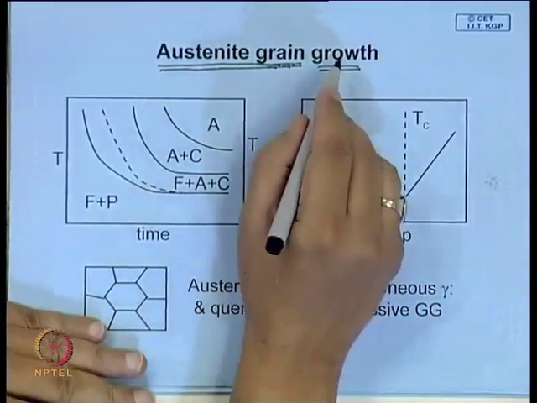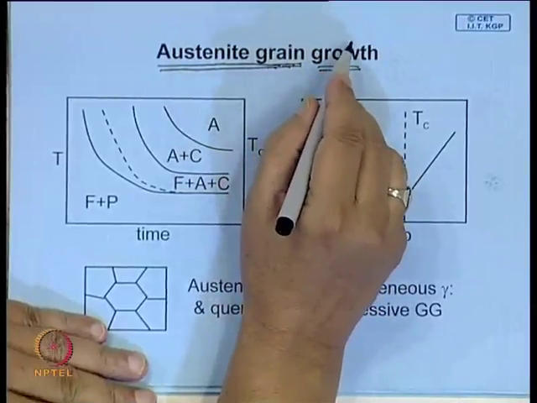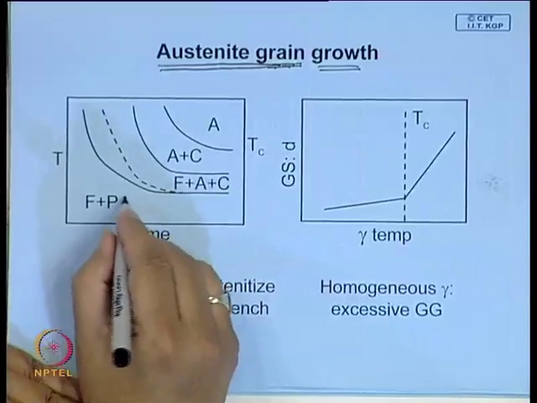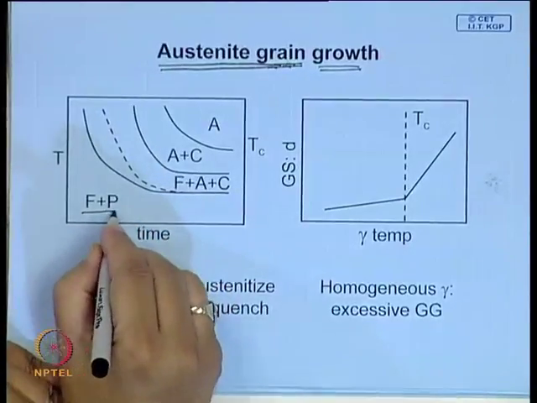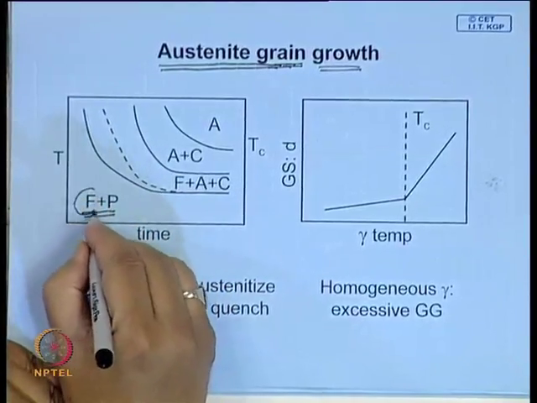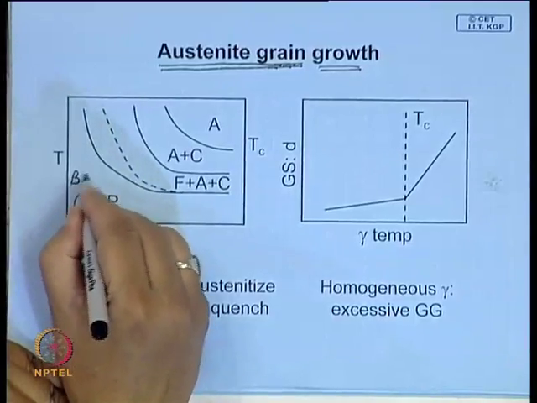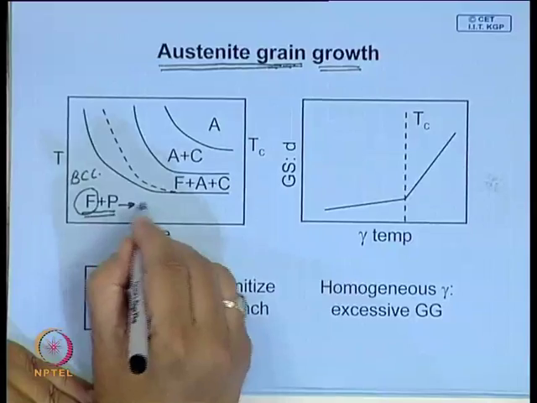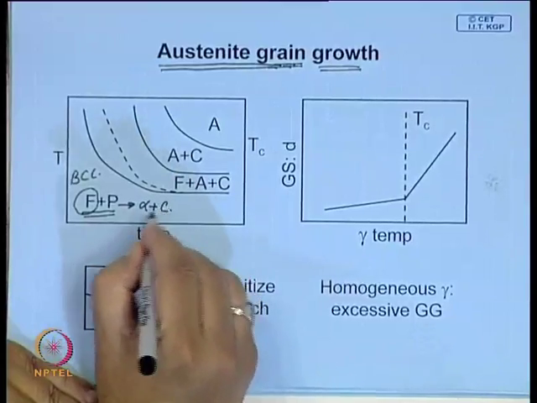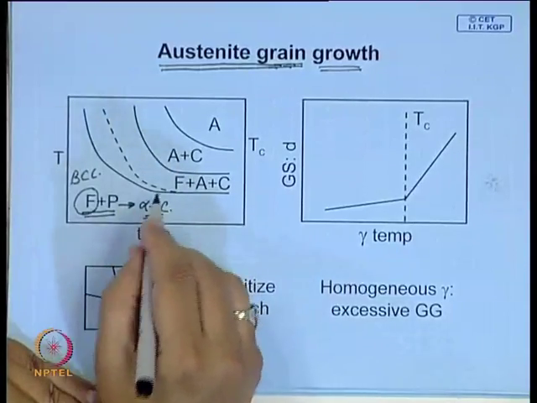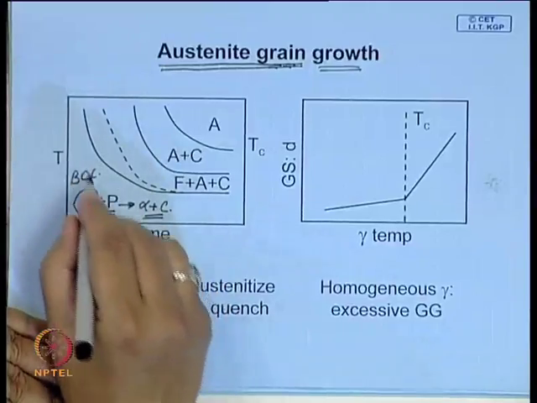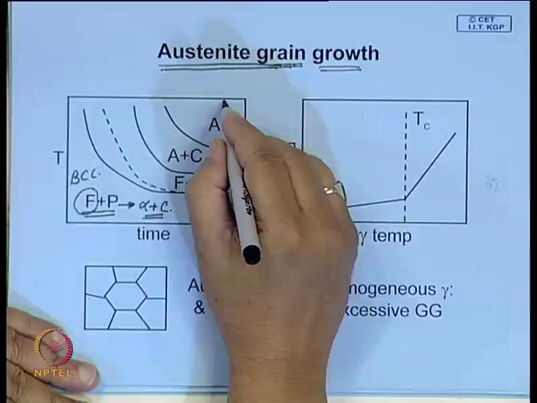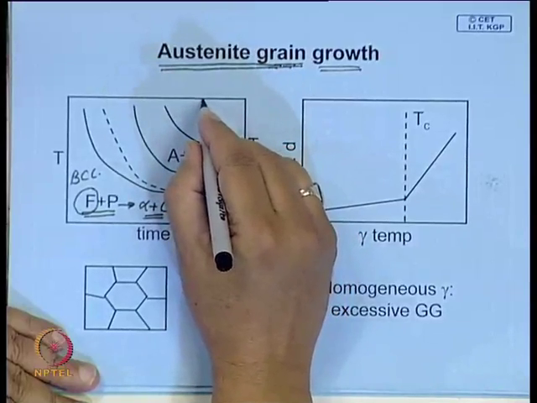And how does this abnormal grain growth take place? Now, we know the steel has, say, a room temperature microstructure of ferrite and pearlite. Ferrite is a BCC structure, and pearlite is made up of ferrite and carbide. And when you heat it to a particular temperature, say normally we heat it at